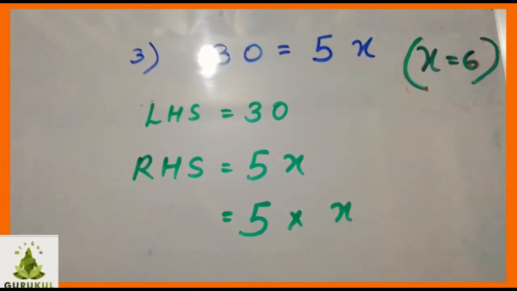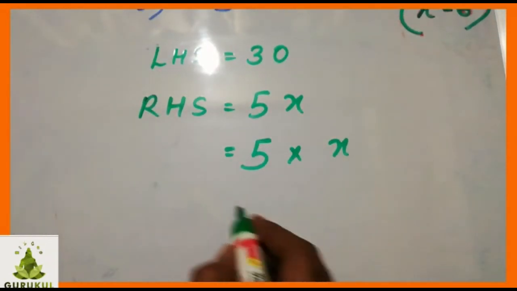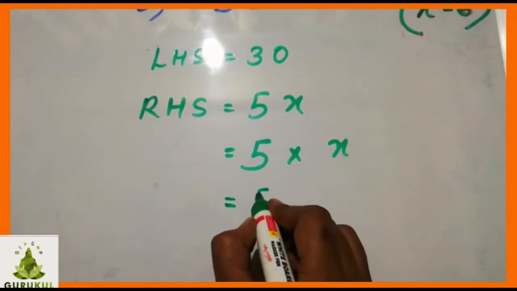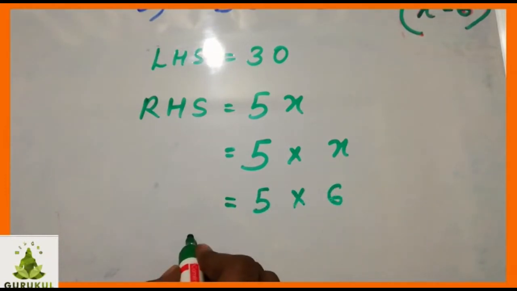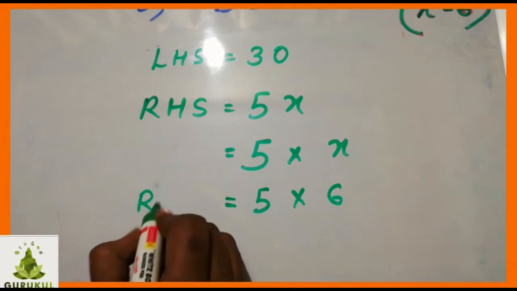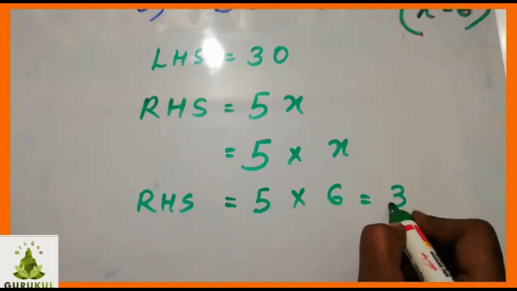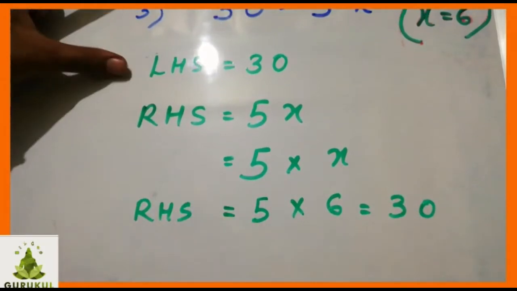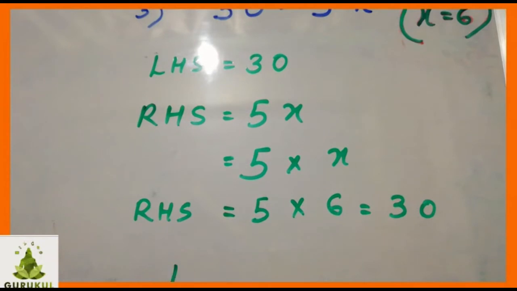Now in the place of x, we will put the value of x, that is 6. X is equal to 6. So it is given to you. So 5 into, in the place of x we will put 6 because it is given in the bracket. That is the solution. So what you get, the RHS. RHS equals to 6 5s or 5 6s, 30. Now see the LHS. Here you check the LHS, here you see the RHS. Are both equal? Yes, both are equal. LHS is equal to RHS.